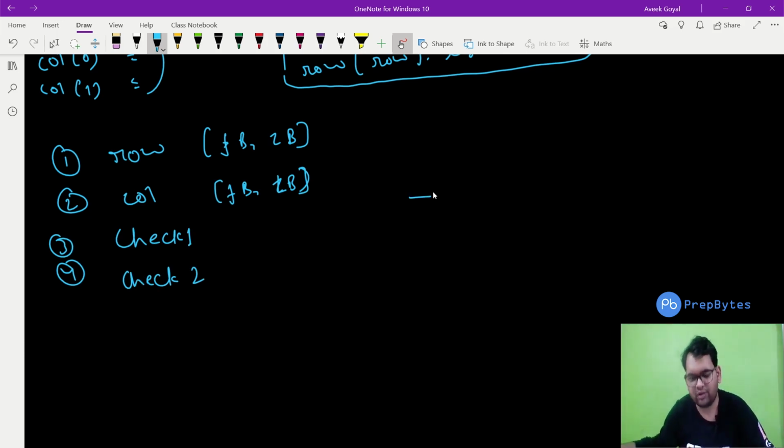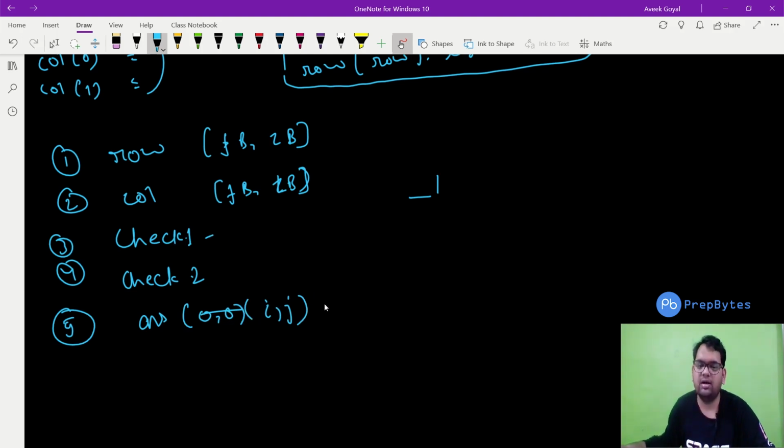For a particular row and a particular column, I will call check1 and check2 and I will know how many white lines will appear. Fifth, I need an answer data structure that will store, for a pair i, j, how many white lines appeared, because I have to store this and get the maximum of this. This is how we can sort it.